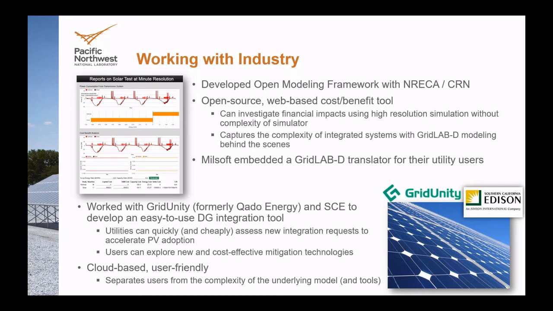Very similar to that, we've also had some work with industry in terms of commercial distribution analysis products. MilSoft, with their power system simulator, has built in a GridLAB-D translator for their utility users. And where that's really handy is if you have an existing model in something like MilSoft, but there's a newer technology that you want to evaluate or see what kind of impacts it would have on your system, that technology may not be implemented in those commercial software, or it may not even be something they plan to implement anytime soon. So the ability to export into GridLAB-D and then run it on the research side lets you